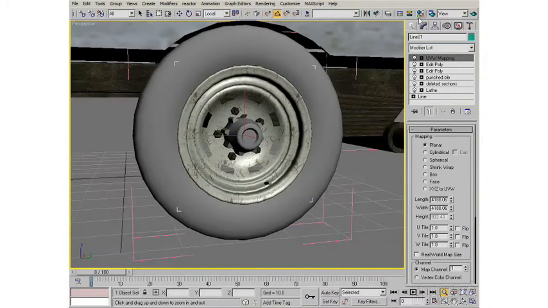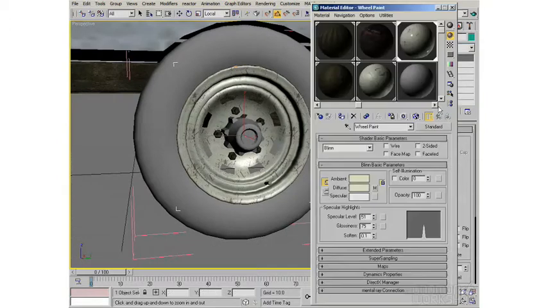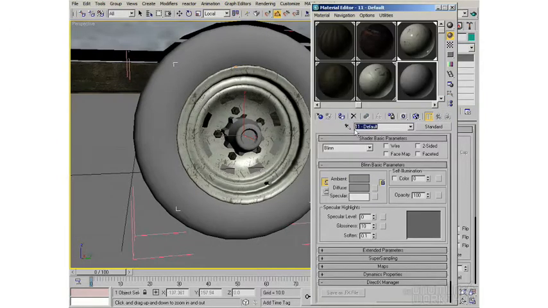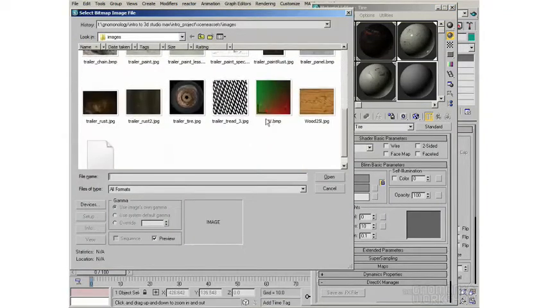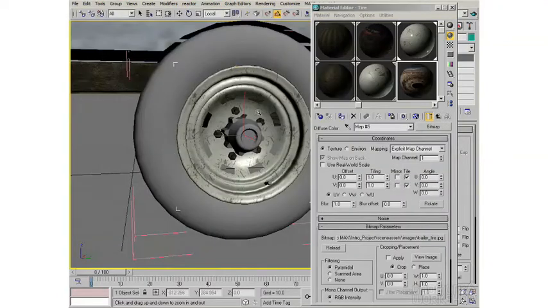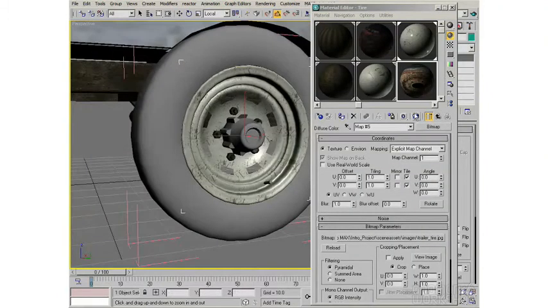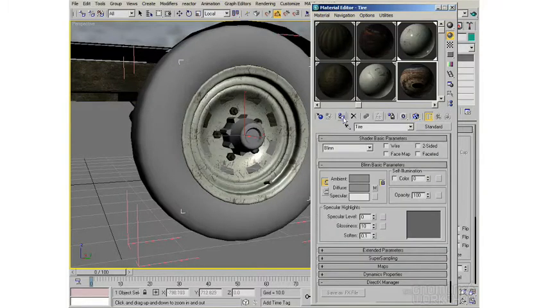So I'm going to take this tire and let's get a new material for it. We'll call it tire. Now we're going to map it with a bitmap. I'm going to just pick this bitmap, where I've got a tire. It has a wheel on it, but that's okay. We're just going to use the tire portion of it. Show that in the viewport here and assign to the tire. I'll make sure I pick the tire